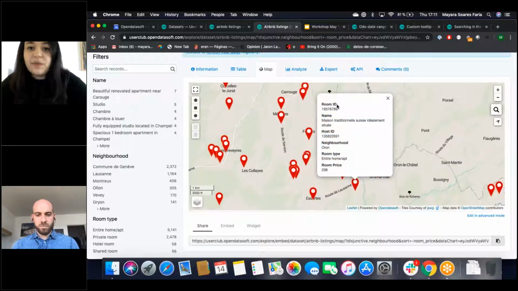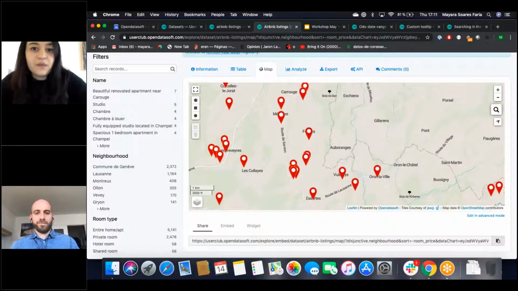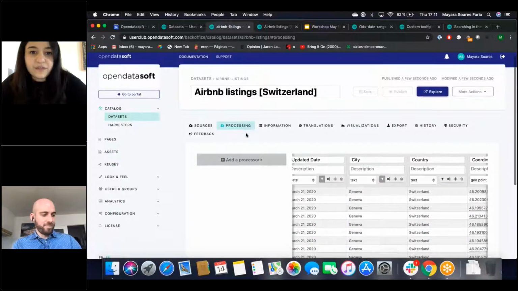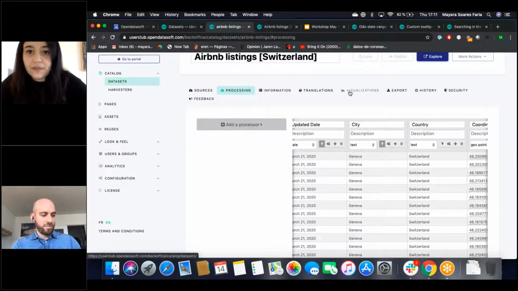So it's starting with the room ID. This is not optimal because, well, the room ID probably won't speak to my user as something else like the name would. So what I can do very easily is go back to my dataset configuration, to my